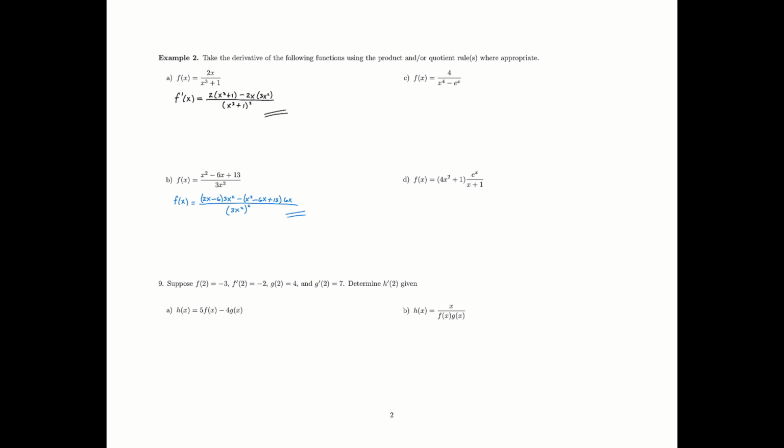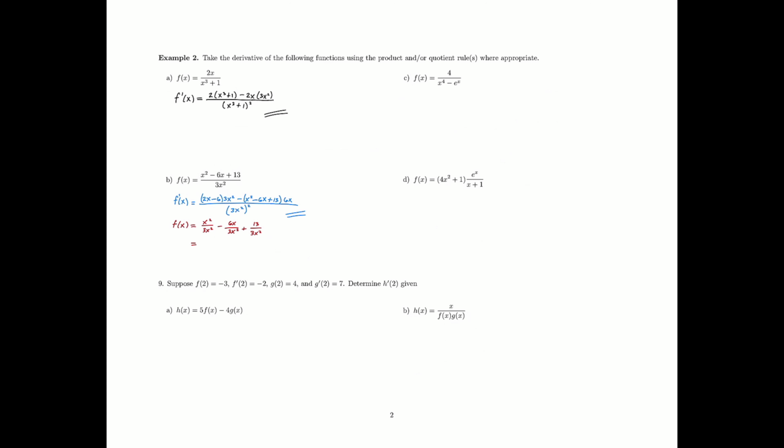Or what you can do is take your, and this should be f prime. Excuse me, that's f prime. The second option here is, since this is something being divided by this one term, I can go ahead and split this fraction up into 3 smaller fractions. All right, so we could go ahead and first take f of x and rewrite it as x squared over 3x squared minus 6x over 3x squared plus 13 over 3x squared,